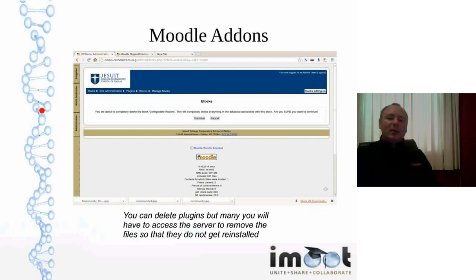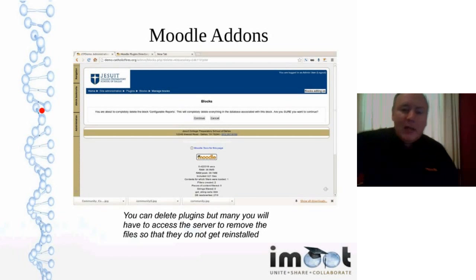You can delete plugins, but you'll have to have access to the server to remove files so that they do not get reinstalled. This is an area I'm planning on filing an issue in the tracker on so that we're consistent with being able to install